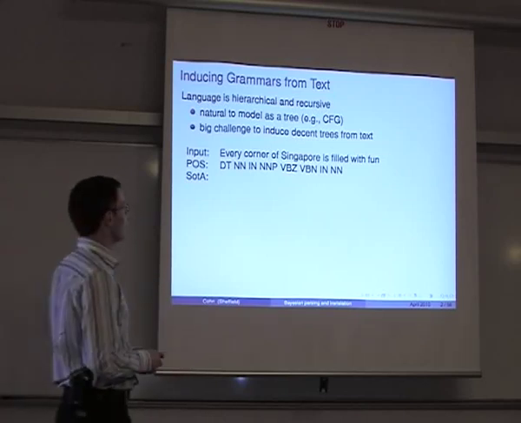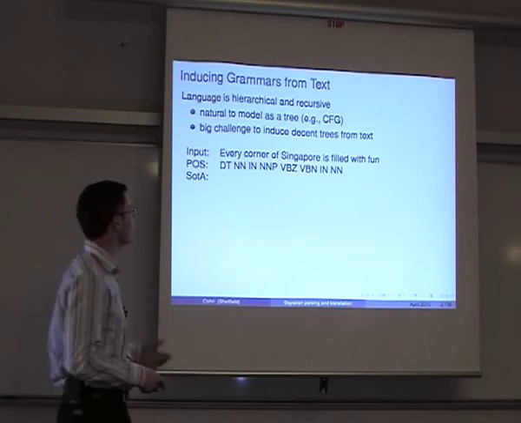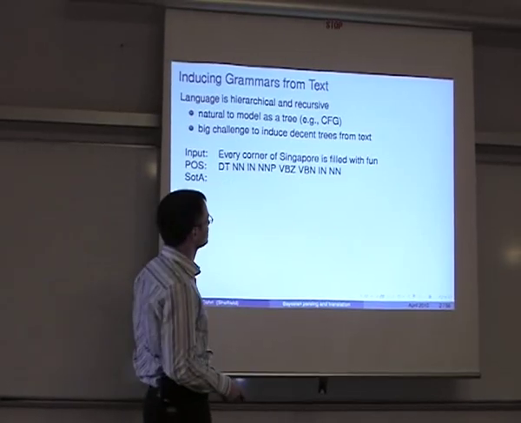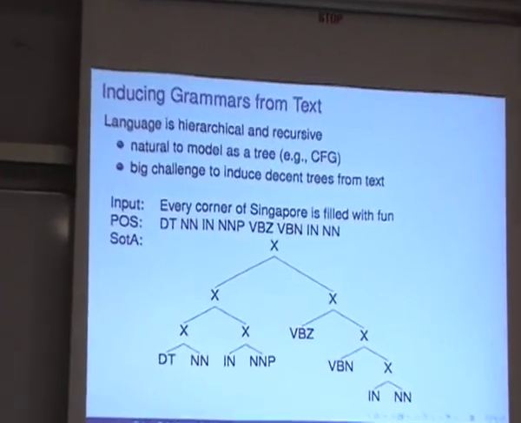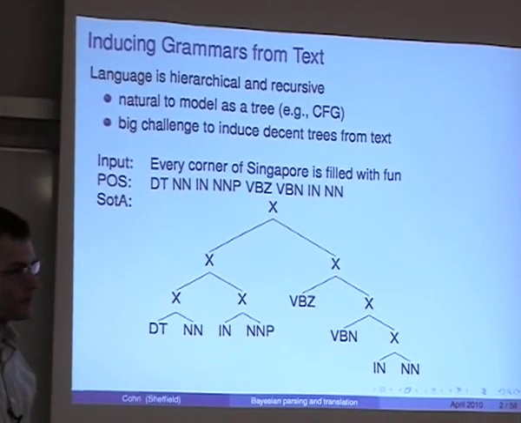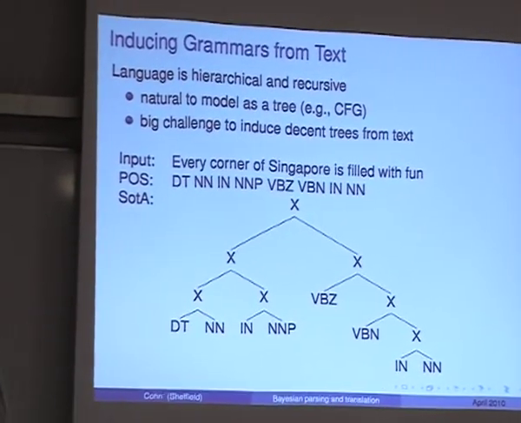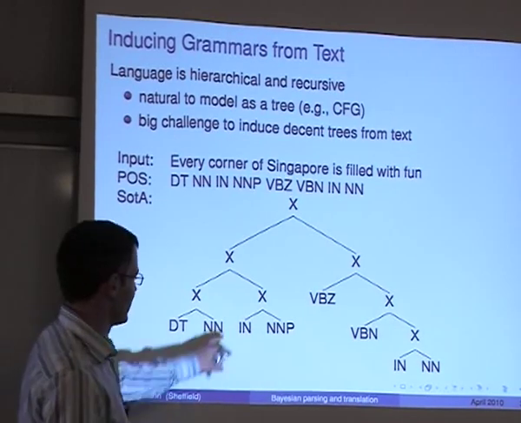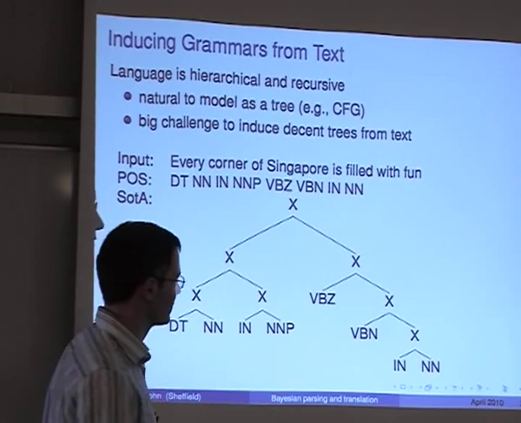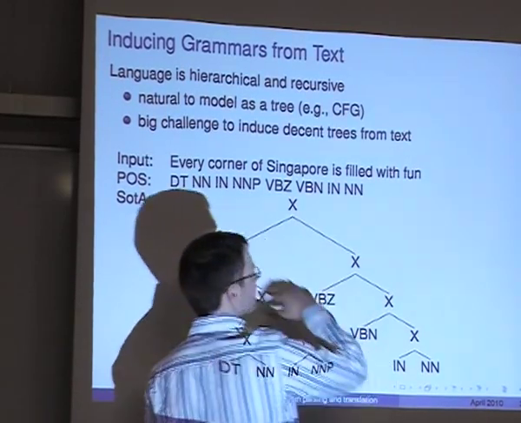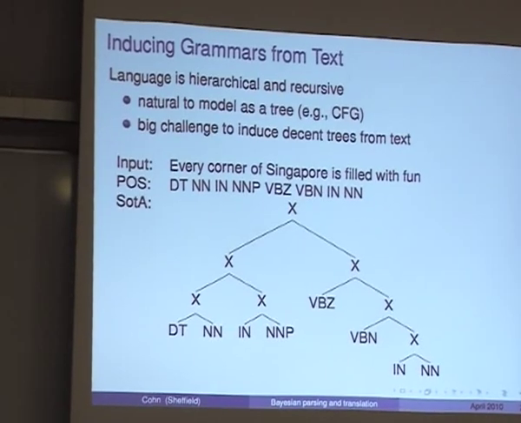linguistic resources? If we look at what we've seen in the literature, we have some short sentences like the example here. Perhaps we know the part of speech tags. And then the state of the art here, annotated, is coming up with a tree that looks like this. Obviously, it's pretty impoverished, but it's perhaps learnt to group together some noun phrases into a unit, grouping together a verb phrase unit, and learnt the constituency structure, but it hasn't really learnt much more.